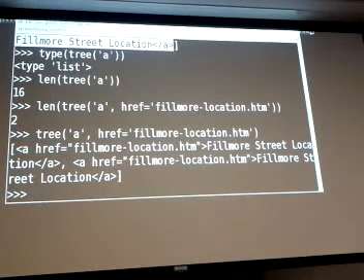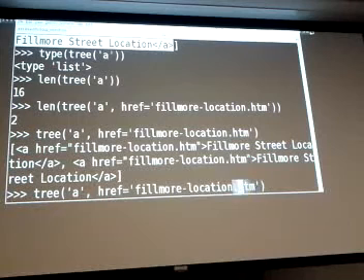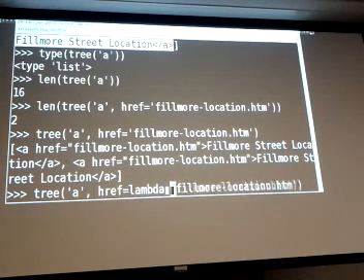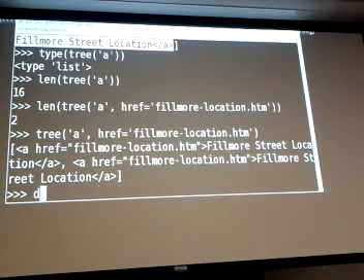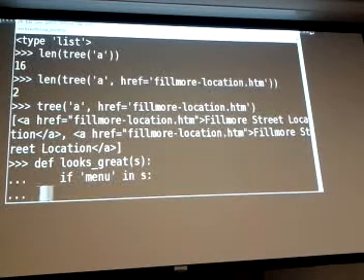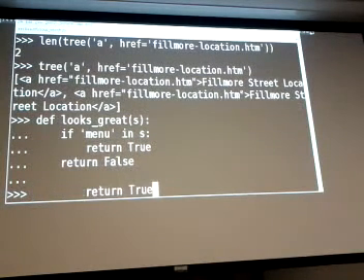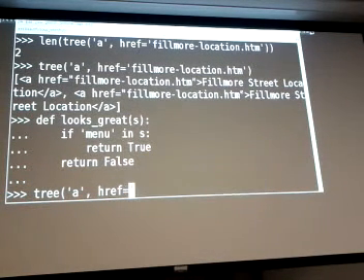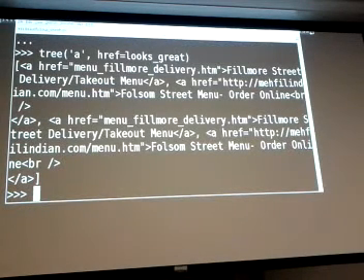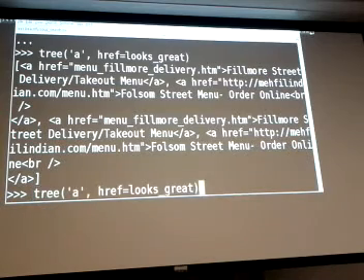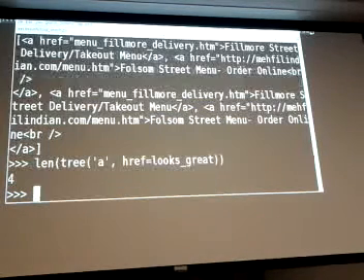There's 2 links that go to the still more location, and we can pass in a function here. Oh, I guess I'm using lambdas, which not everyone might have seen. Does more like it. So we can filter just by getting just the links whose target looks great according to our custom function. Of which, how many are there? Of which there are 4, which is not the same as here because